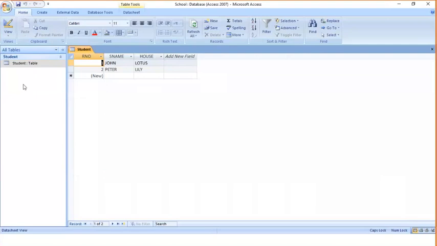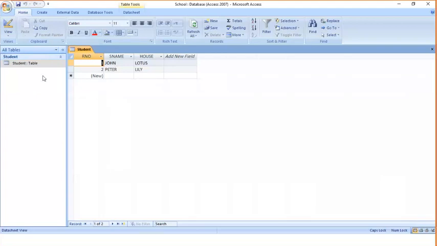Now we will create a few more records with the help of forms. So forms is a user-friendly way to type or enter the records in the Access table. I have shown you how to insert like Excel, where you type and enter the data here, but now there is another user-friendly way with the help of forms.